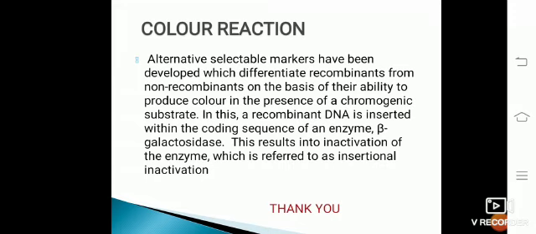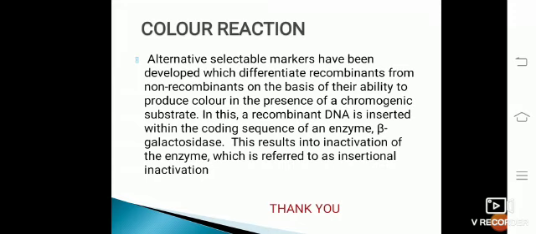Presence of an insert results in insertional inactivation of the alpha galactosidase. Therefore the colonies do not produce any color, and are marked as recombinant colonies. So in this way, on the basis of the color shown by the bacterium, we can find out the difference between recombinants and non-recombinants. So this is the vector. In this part we have explained the vector.